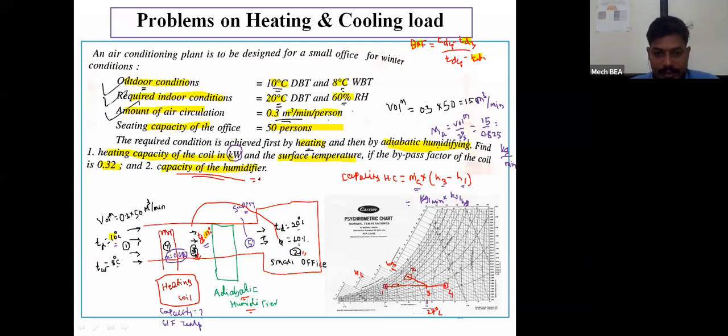Capacity of humidifier is given by equation mass of air into specific humidity difference. Mass of air into specific humidity difference. Now specific humidity difference of which two points do I need? I need the specific humidity difference between the inlet point and outlet point of that humidifier. So here, as inlet point, that specific humidity,